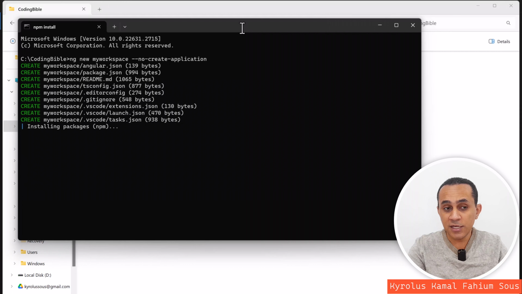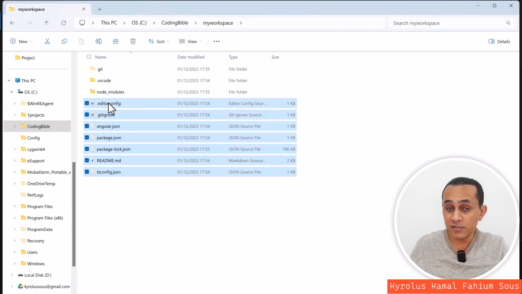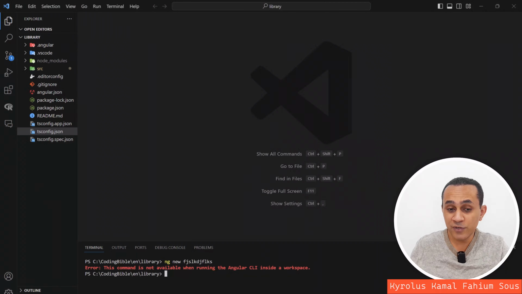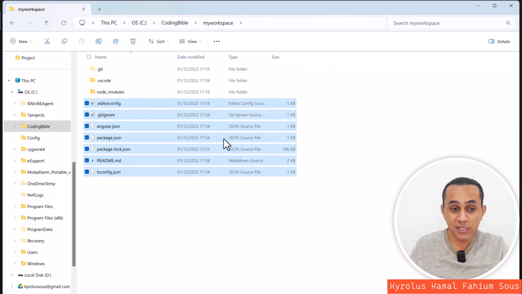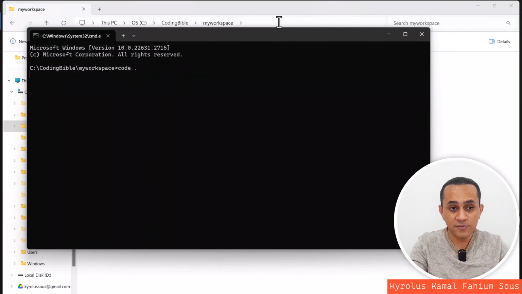You can see that now Angular creates a few files, fewer files than last time we created our project. And of course, it does the npm install command for us. Now let's see what happens here. This is just a few small files, and the src folder that was found inside our project does not exist. It's finished now. Let's open it in VS Code.